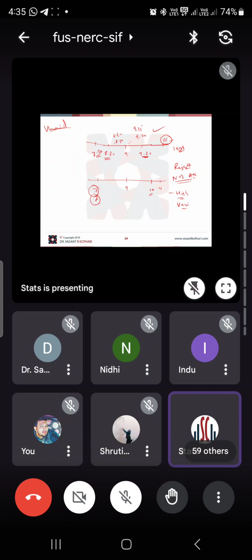Now listen carefully. If variation is in a range, accept; variation out of range, reject. This 8:30 to 9:30, the variation is in a range. So this is acceptable. 7 to 11, it is out of range. So it is not acceptable.